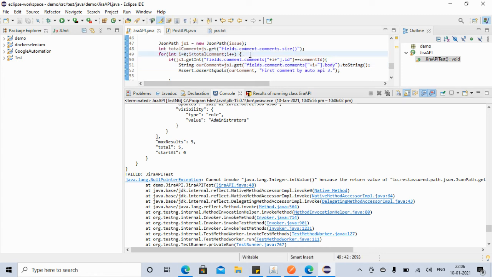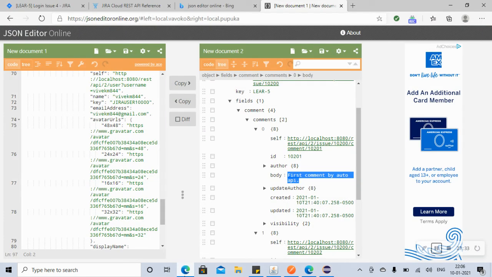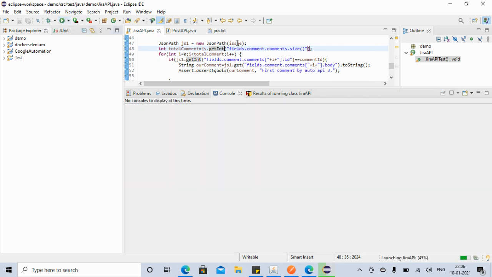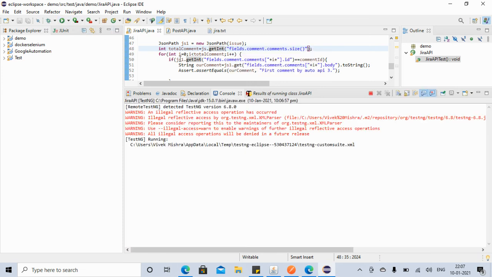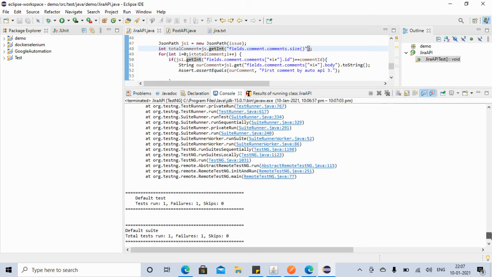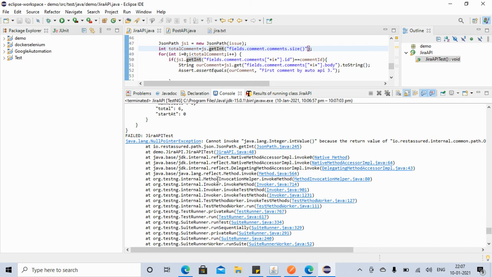I think this is correct only, but when we are saying get, we have to get int, because we are getting the integer. So let's run it again. This time again it is failing, with the same error, cannot invoke because the return value is null, at the same place.